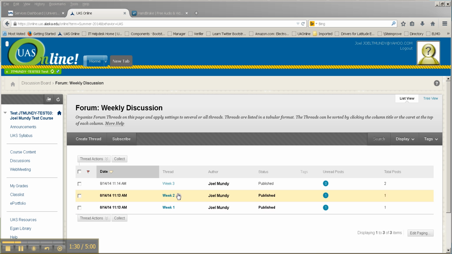In this case, I've already been into week 3, so you can see that's not in bold. Week 1 and week 2 are marked as unread. It also gives you under unread posts the number of responses. So in this case, there are no responses, so it's marked as 1 unread, and we can see that as bolded here. But if I were to go into week 3,